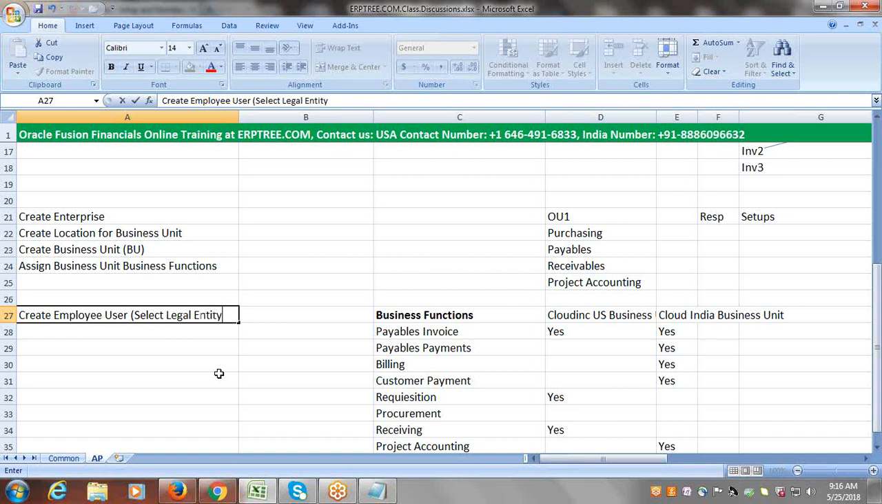Okay, we have to select legal entity. At the time of employee user creation, we have to select legal entity. Yes, we can select it. Reason, we have legal entity ready. We created legal entity ready. Okay. When you select legal entity at the time of employee user creation,